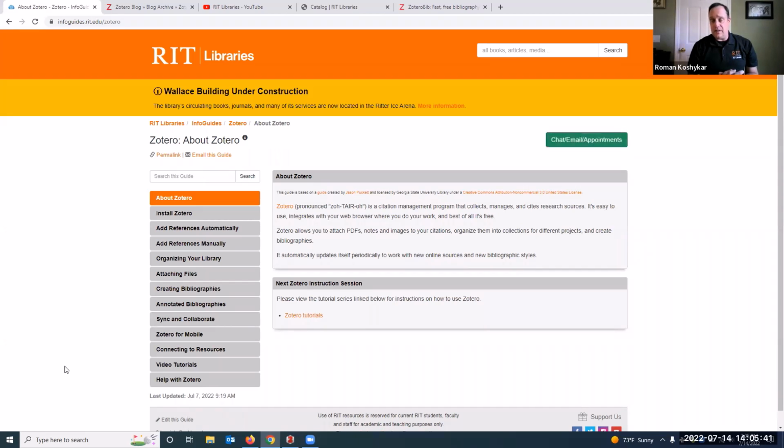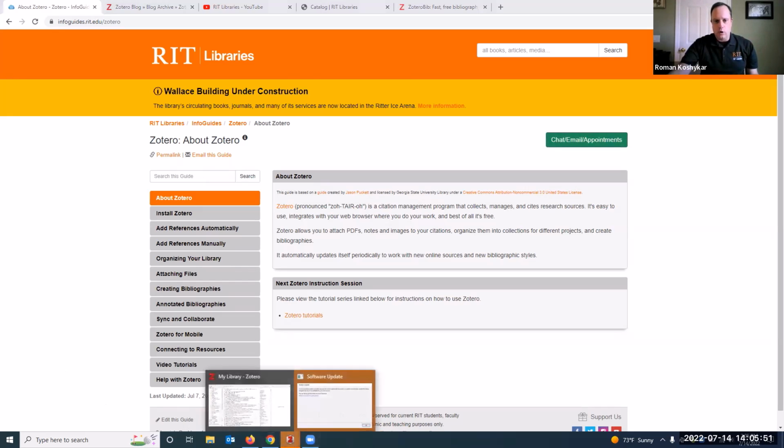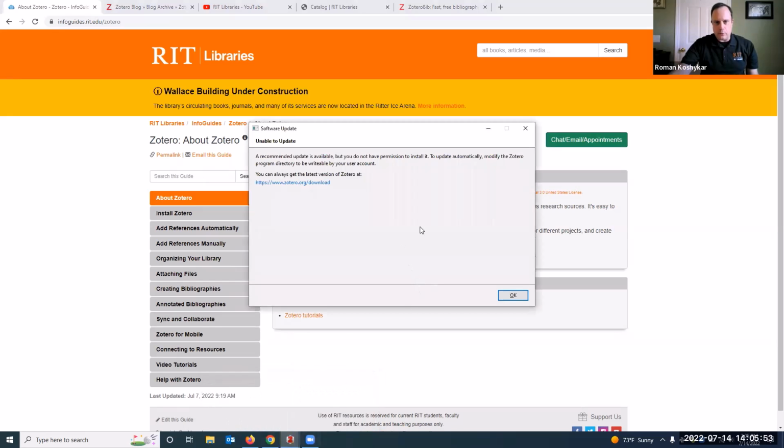And this is not a version 6 feature. This has actually been an integration that's been around for a few years. And among the major players in the citation management world,